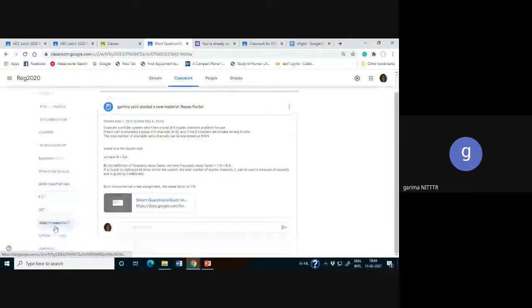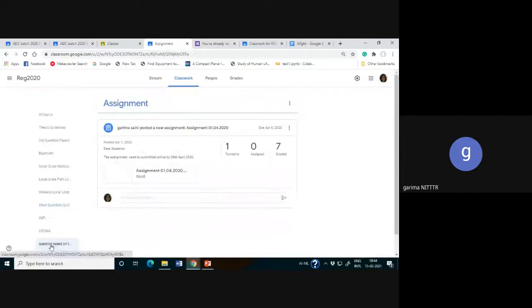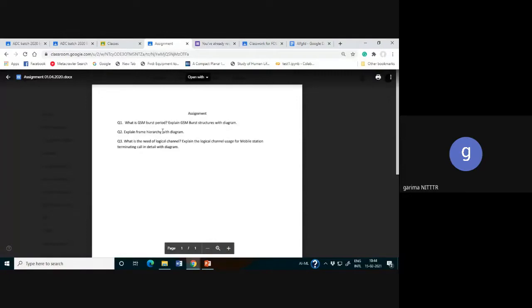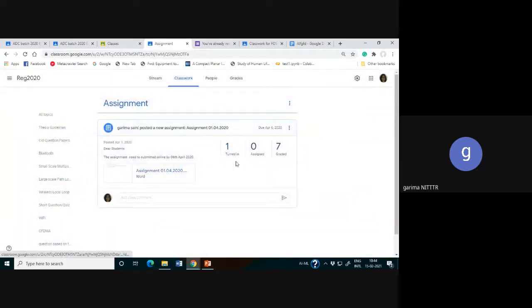This is one where I have given the assignment in Word. I have sent it so that they can edit. They can type under these questions, give the information, and submit it back to me, and I can see that. For example, only one is assigned and zero are turned in, because they haven't turned in. I didn't get all the assignments, because it is April 1st and we have just started using Google Classroom. So students are not aware of the turn-in options.